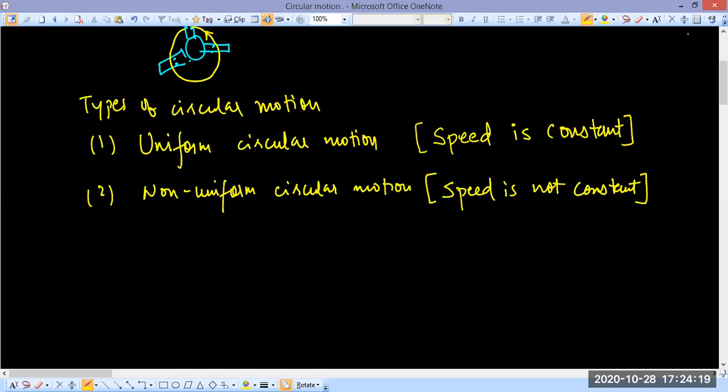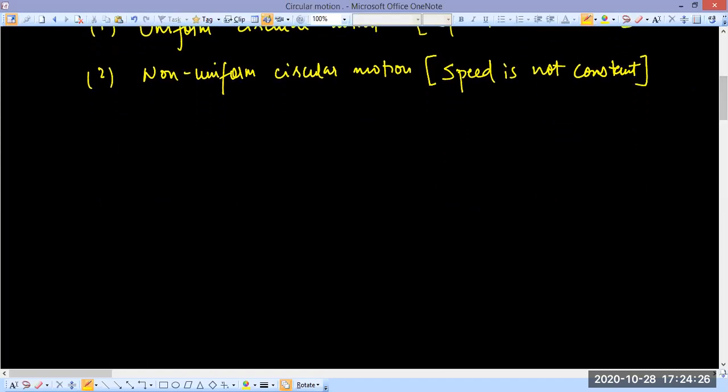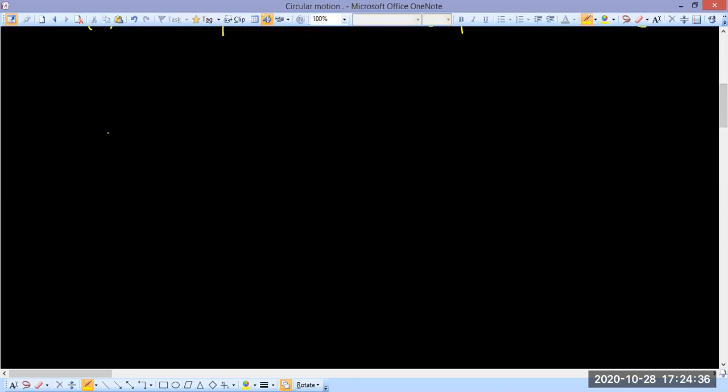So mostly we are going to discuss uniform circular motion, and non-uniform circular motion can also be dealt with. Its rules are more or less the same, it's not that difficult, right? But focus is on uniform circular motion. Okay,